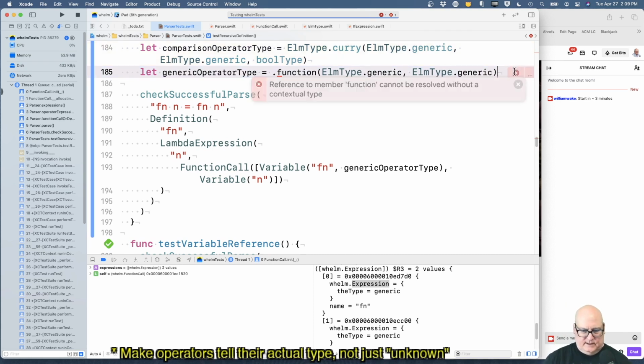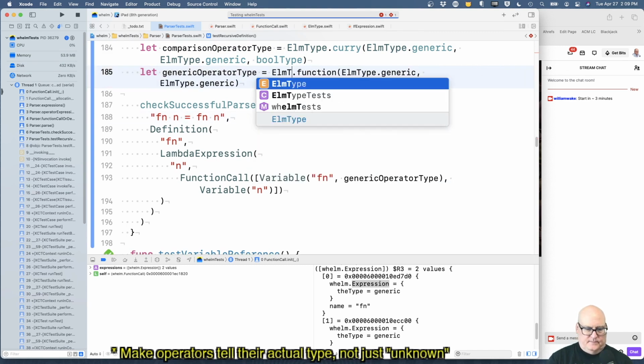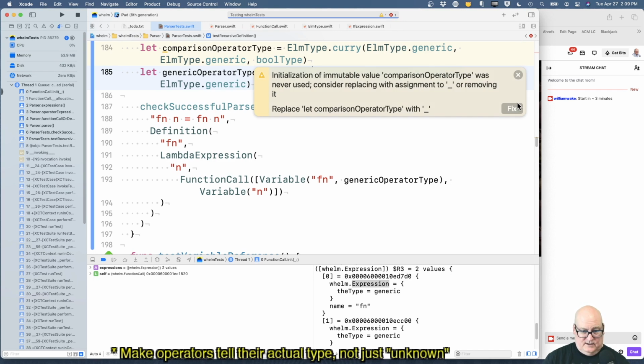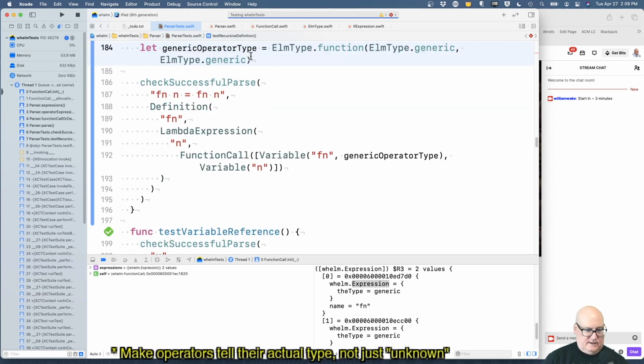Do I have to say Elm type here? Okay, so we're saying the function type is generic goes to generic because function n is generic on n and returns whatever function of n returns. Okay, so we're going to say generic. And comparison operator type. Yeah, we don't need that thing. Okay, so generic operator function. Let's call it